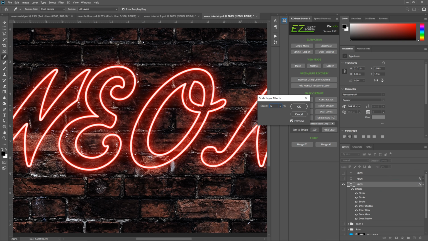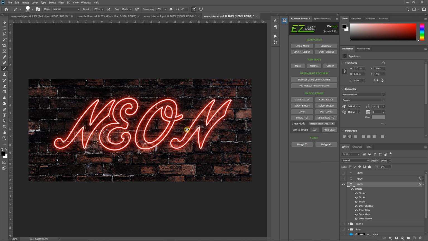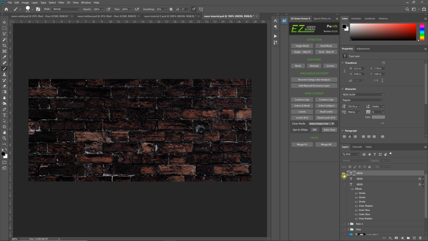And maybe around 60%, I guess. That looks pretty good. And then again, you could go through that same procedure before and brighten up the back of the wall behind it and give it some color. I'm not going to repeat that same lesson that I just showed you, but it would be the same steps as you did before. Now the last one to talk about is if you have a font that's already hollow,